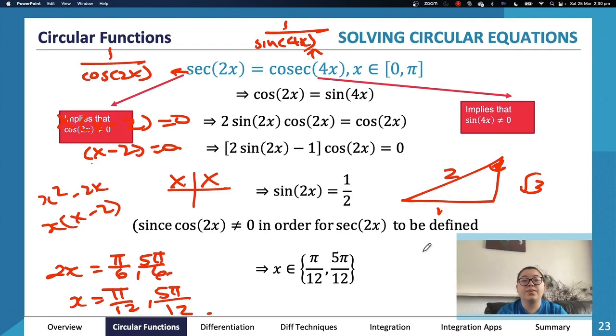Right, cool. Right, so that is circular functions. Let's talk